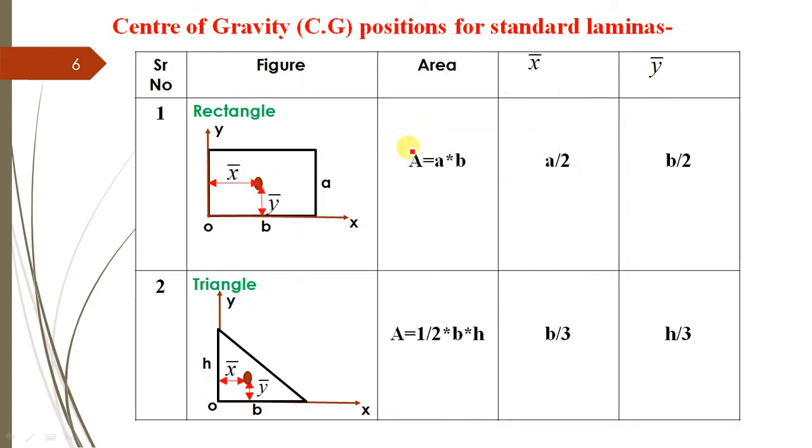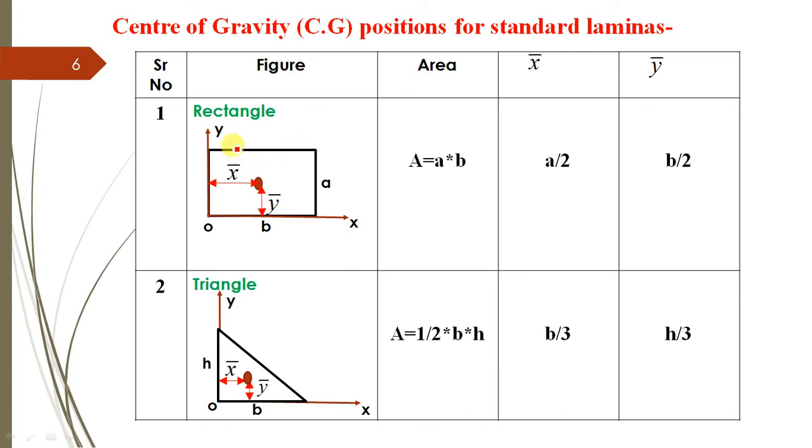So this is a rectangle, this is a lamina. Remember that the CG concept is used for a body having mass, and the centroid concept is useful for a body without any mass, a weightless member, or for a plane lamina. We use CG for a three-dimensional figure or one subjected to some mass.